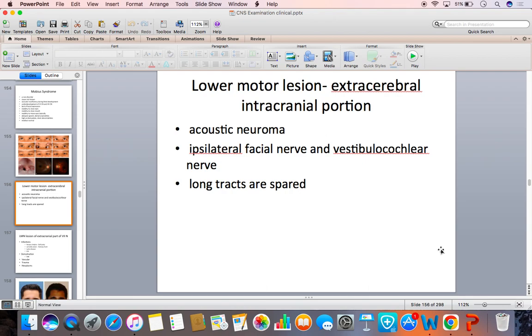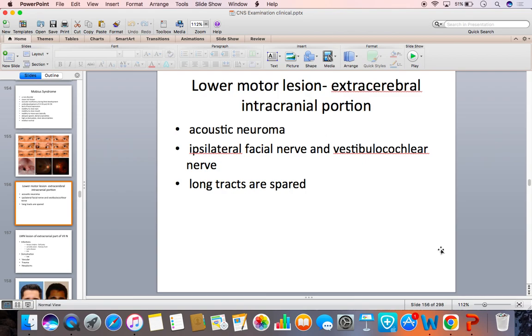The more common lesion here is the acoustic neuroma. So it results in ipsilateral facial nerve palsy with the involvement of the vestibulocochlear nerve. Remember, long tracts are spared. There is no associated hemiplegia or sensory losses, etc. This is purely involvement of the facial nerve and the vestibulocochlear nerve